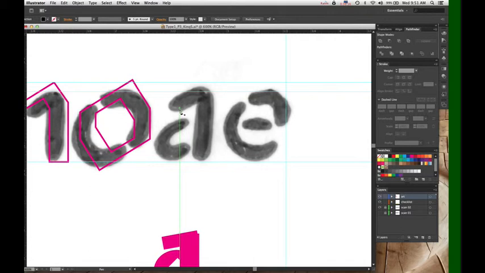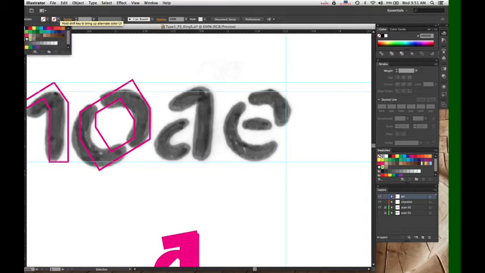Perfectly useful technique. In which case, I would still, once again, give yourself no fill, and then I would work with a bright color. I'm going to work with yellow just to help differentiate it visually here.